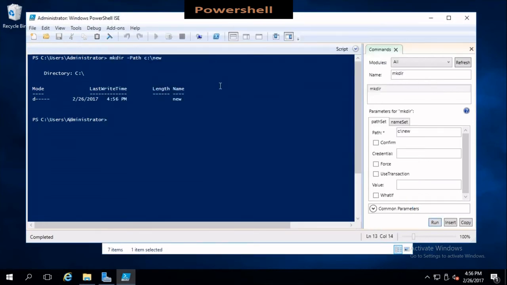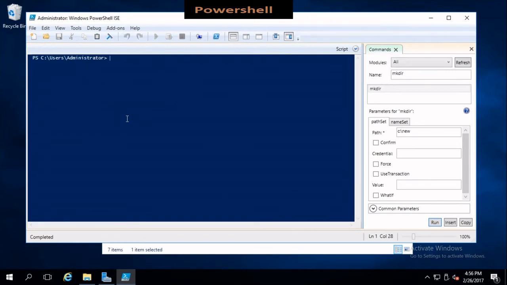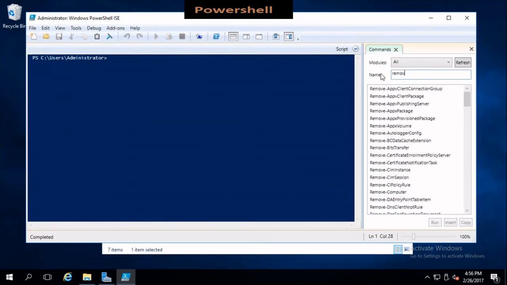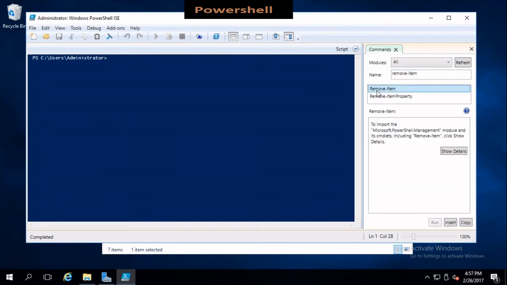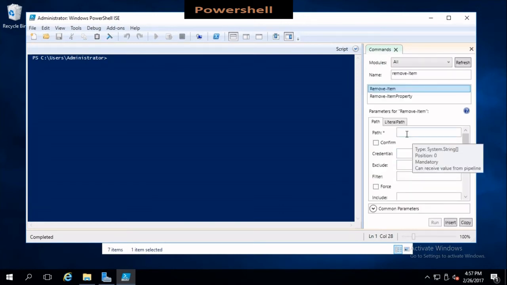Now let's take a look at something else. I'll clear the screen with the cls command. Let's try something different. Let's try remove-item. You can see it right there. I'll go ahead and click it. Now remove item, I'll go ahead and show the details. It works in the opposite way. It's a delete command for PowerShell,